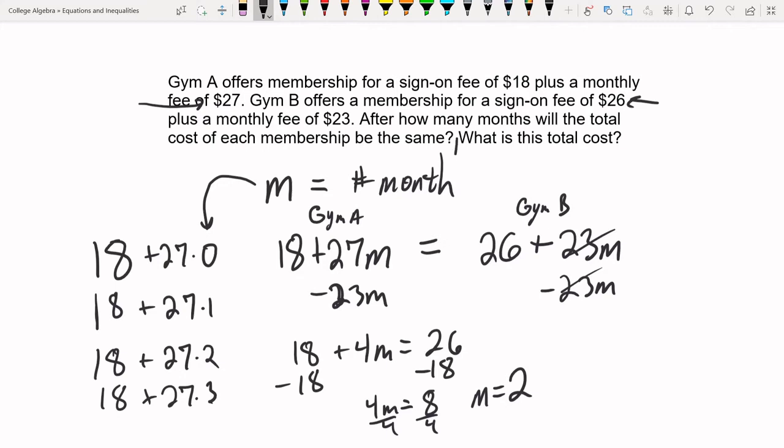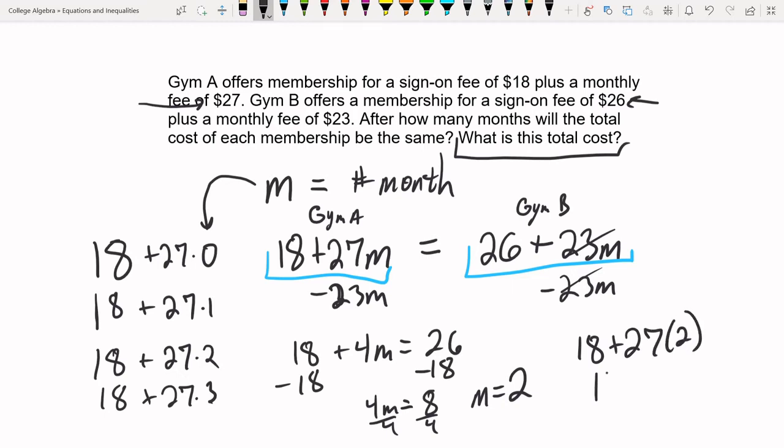Then it asks, what is this total cost after 2 months? Since they're both the same, it doesn't matter which expression you plug 2 into, Gym A or Gym B. They should both give you the same number, because that's the whole point of setting them equal to each other. I'm just going to do 18 plus 27 times 2. 27 times 2 is 54. And 54 plus 18 is